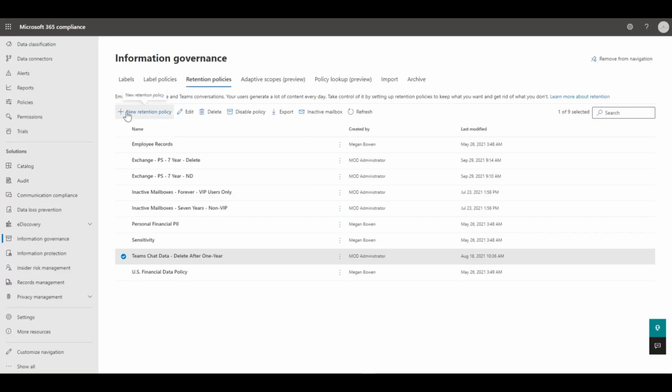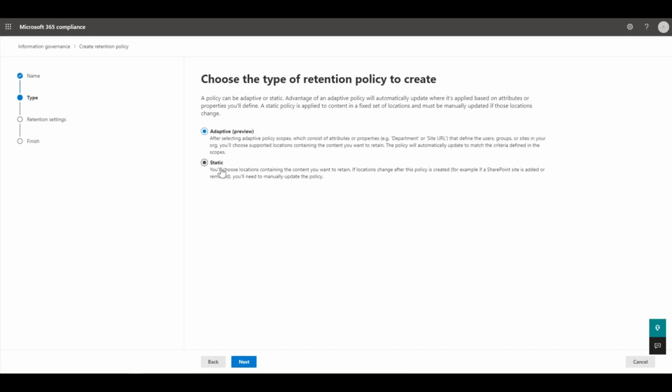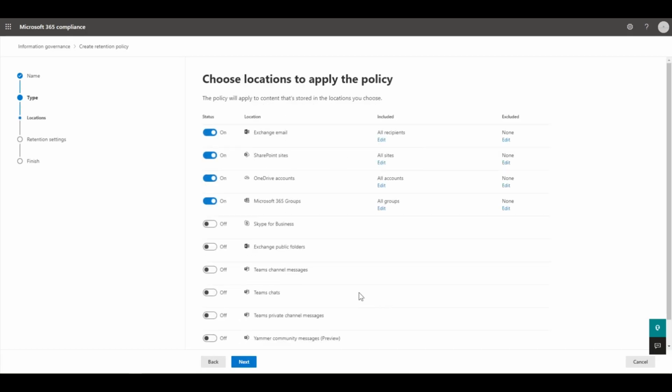So to create a retention policy, we just come up to new retention policy. We're down in the name of which we want to create. Let's create another test one. And then we select next. Again, we're going to click a static scope. But this time I'm only going to apply this to certain locations. So I'm only going to apply this to SharePoint and OneDrive, because what I'm going to do in the background